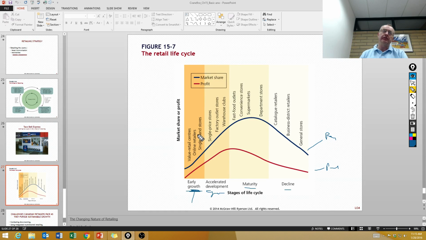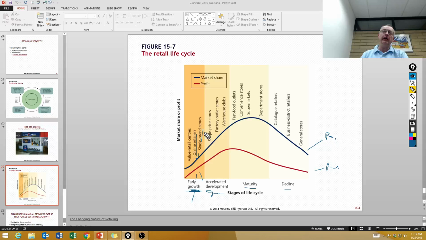An example of retailers in the growth phase of the retail industry, we would still say online retailers, the Netflixes of the world and the Amazons of the world. There's more and more specialty products getting sold online. And then we have single brand stores, like the Apple store. They just sell Apple products, so there's more and more of those kind of companies. It's a retailer, so it's an online retailer.